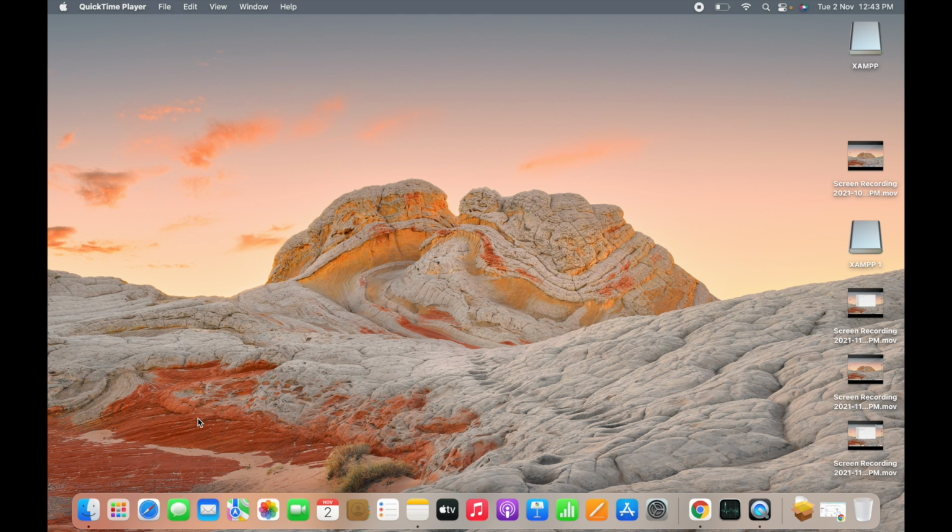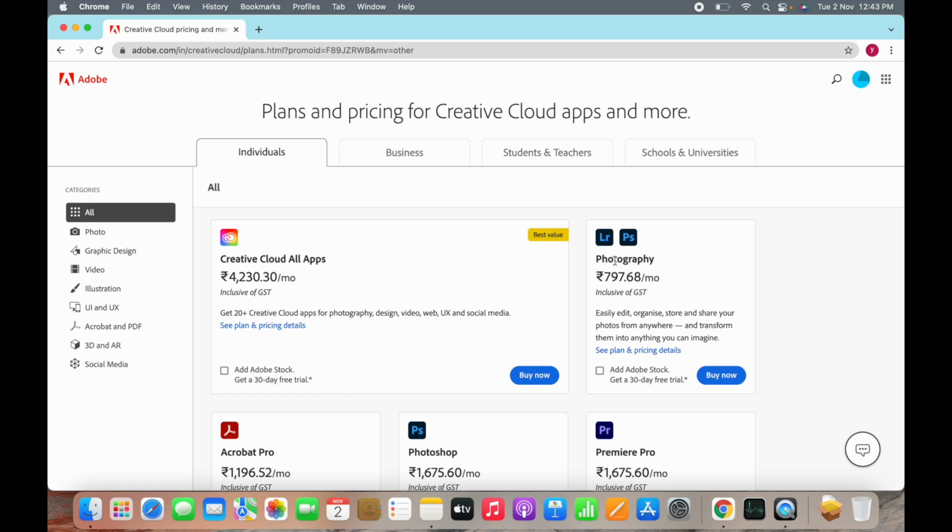Before jumping to website development, I would like to clear here that we will be using Adobe Portfolio for creating our website. Here I am expecting that if you are into any creative field, you must have an Adobe subscription, and if not, I highly recommend you get it. Let me show you what subscription I am using. See, I am using this photography plan.